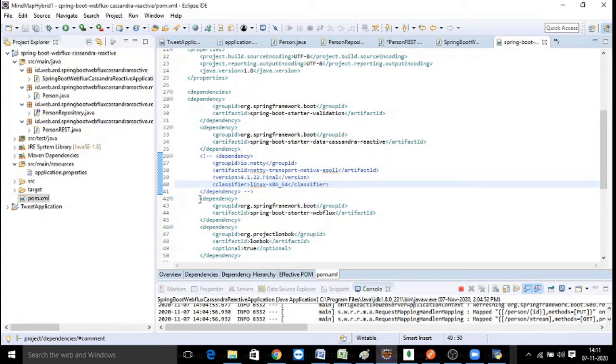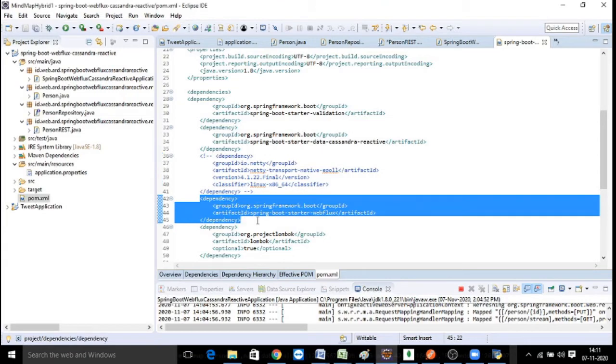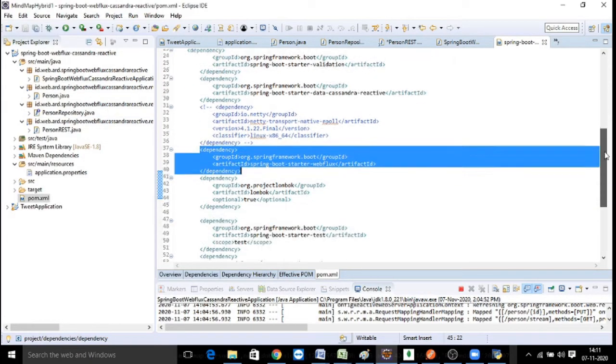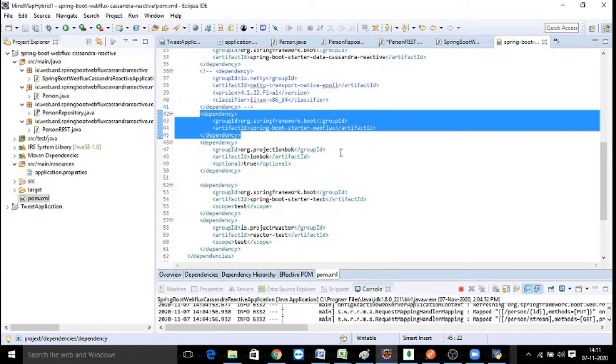And as usual for Spring WebFlux reactive programming, we need Spring Boot starter WebFlux. These two are the main dependencies. If you want additional ones, Lombok is another dependency we are using, and for JUnit you can use Spring Boot starter test.